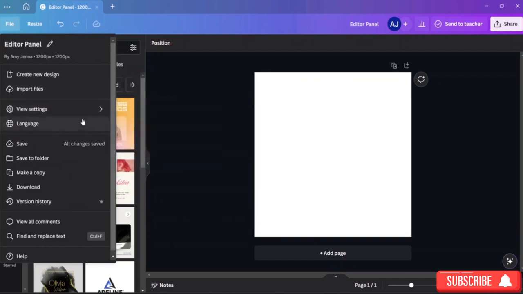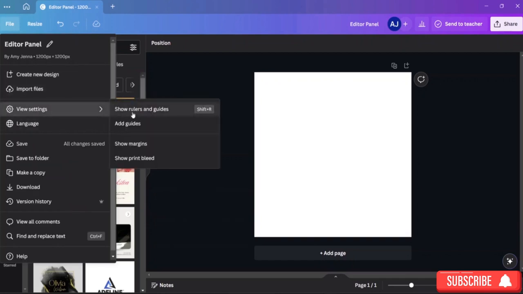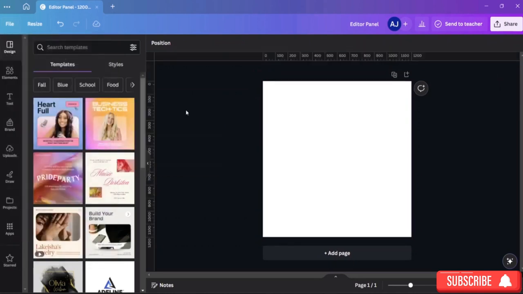Okay. So in view settings, you guys can see I do have four options. Okay. So what is rulers and guides basically? So rulers and guides, on these particular sites, okay, on top I'll have my rulers and also I'll have the guides as well. So if I just click on this one from here, you guys can see I do have a ruler over here. And from here, I can basically see or check the size if I'm making any kind of design. In that case, if I have a requirement that I need to do it in this particular size, then for that, it is quite helpful and also to maintain